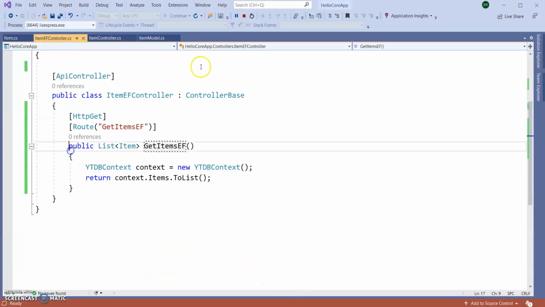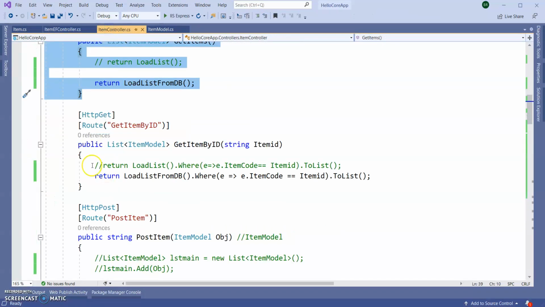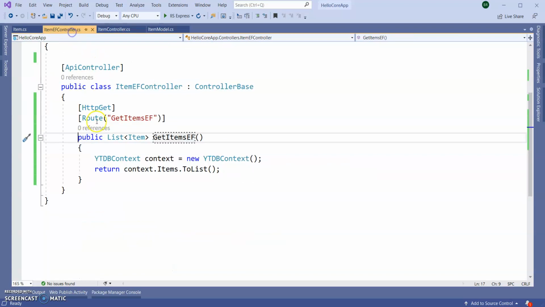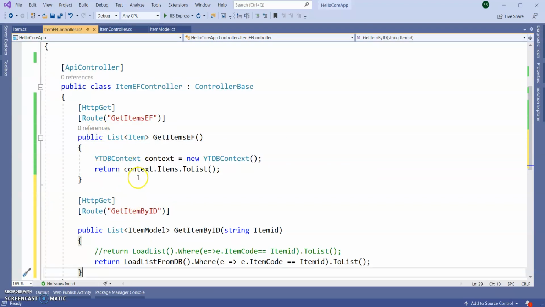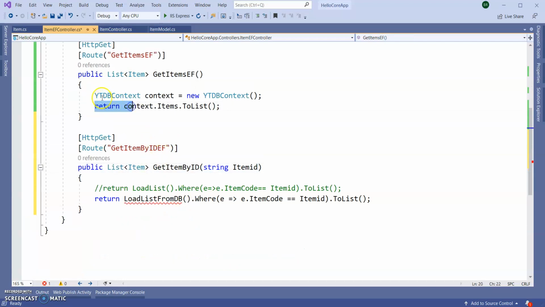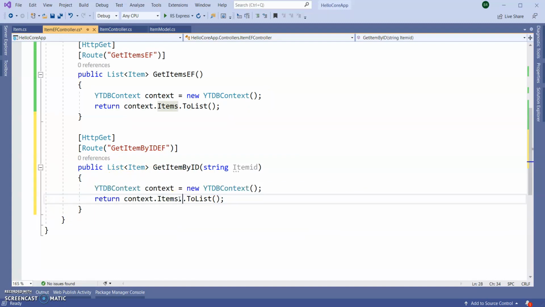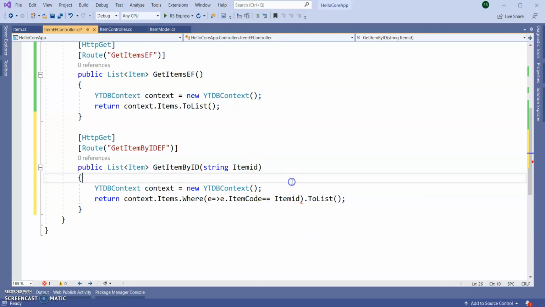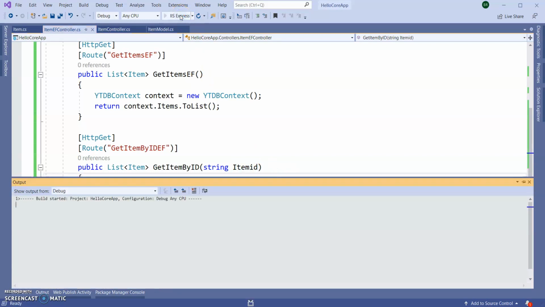We can create one more get by ID here. I'm going to use the same as our existing one. I'm just adding EF. Right, run the application.